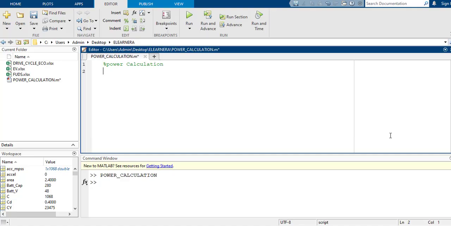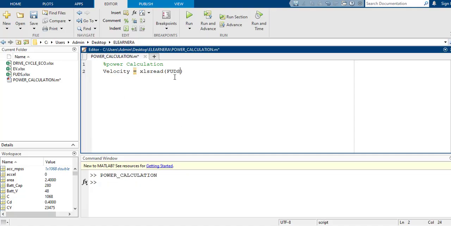For power calculation, we have an input as velocity. To import the velocity, we have a syntax as xlsread, and we put a name for our